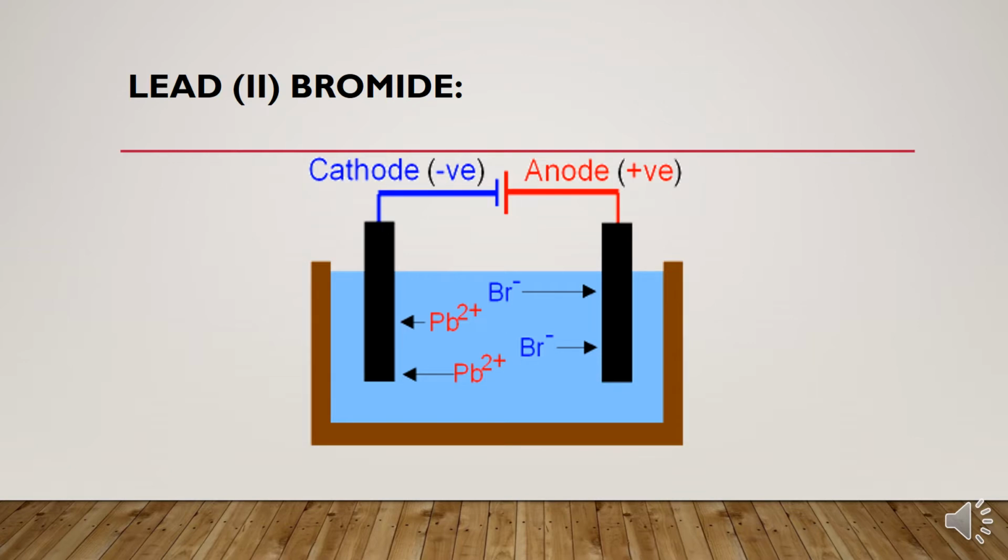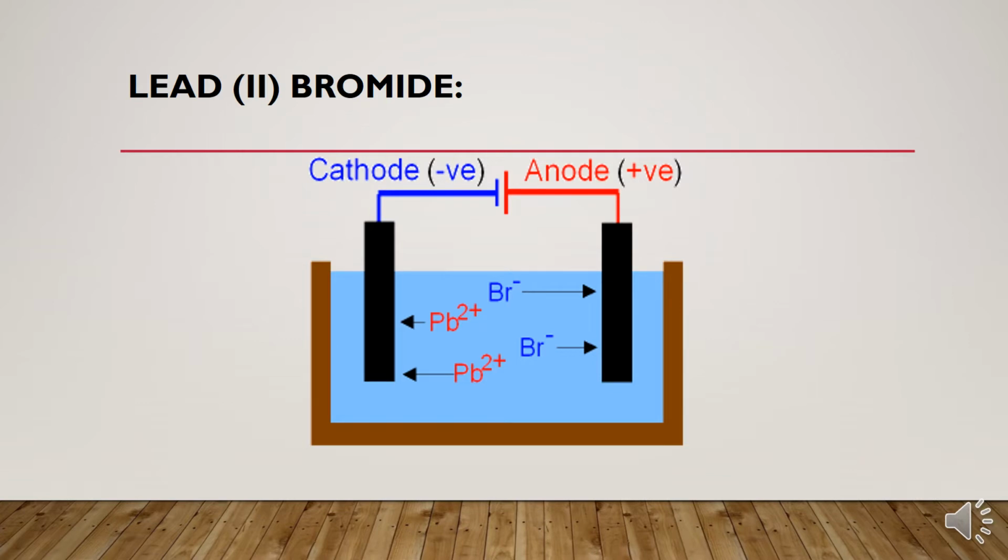For electrolysis of lead bromide, first of all, we add lead bromide into a beaker and then heat. It will turn to molten form, which allows ions to be free to move and conduct electric charge. We take two graphite rods as electrodes and connect them to a power supply. Turn on the power supply and allow electrolysis to take place.